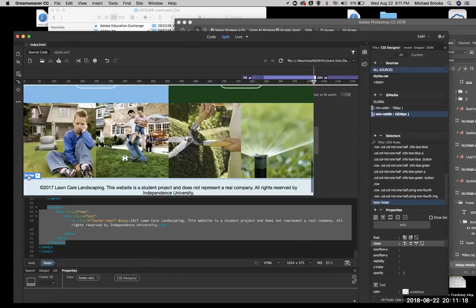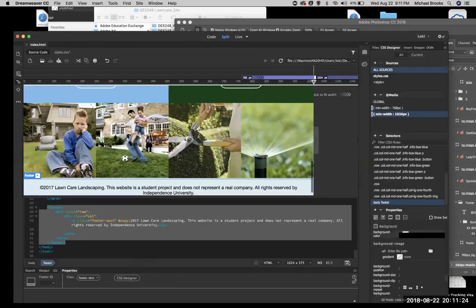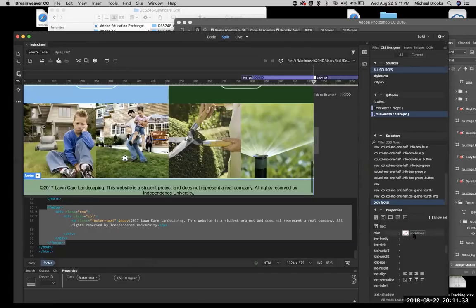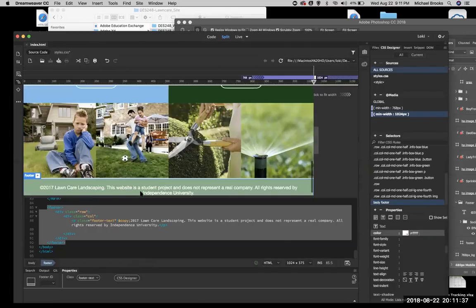But now I'm going to put the color there. Because that's the footer, well, let's put the background color right there. And we have that one set up. But now the text itself is white, correct? Right. On all of them. So there we go. But also on this one,